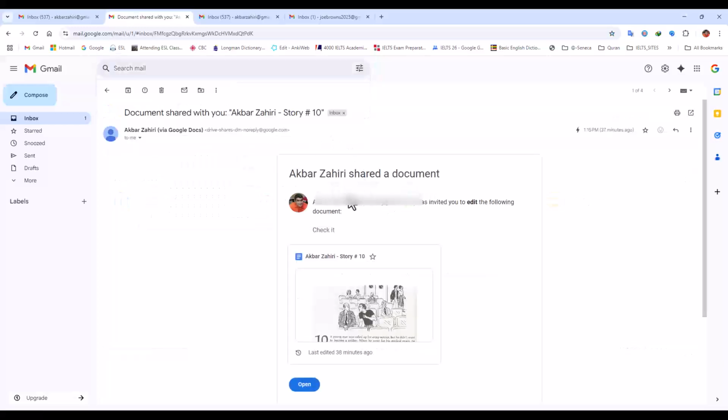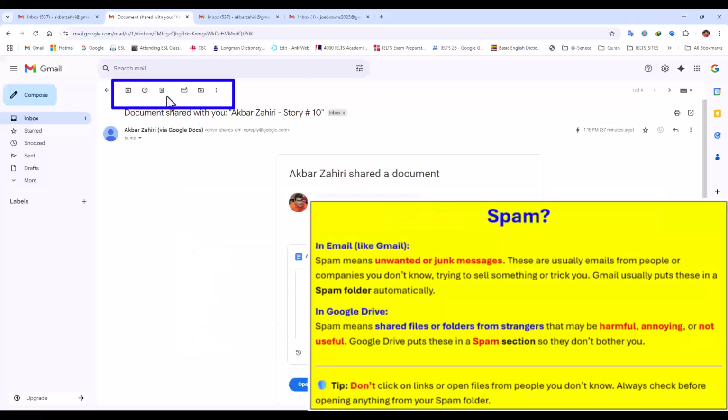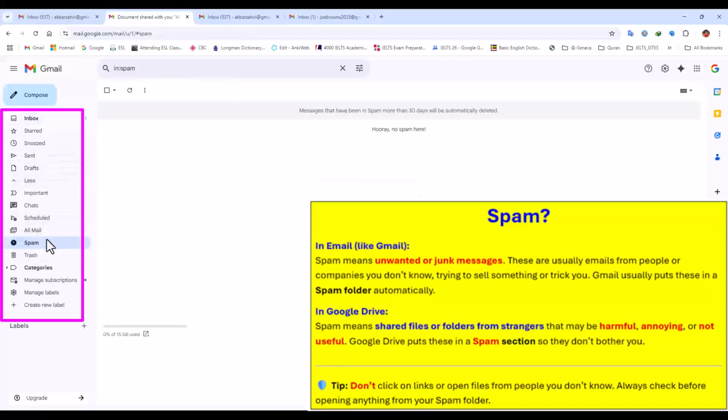When you are reading the email, you will access some more options here. You can archive them or save them in your archive files. And also, if it is spam, you can click on this one and it will go to spam letters. So you say that, okay, this is a kind of advertising, I don't want to receive email from this person or this organization. You can easily click here. When you click here, the file will go here on the left to a spam folder.